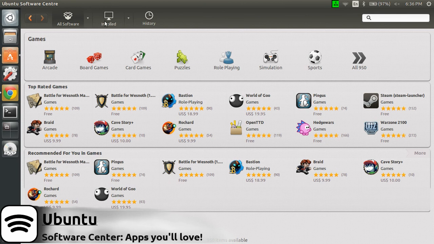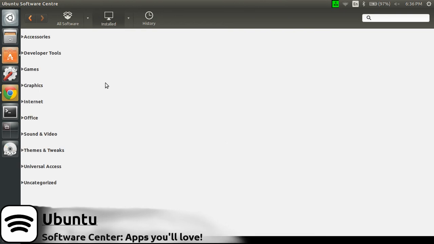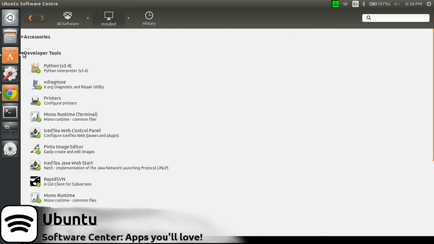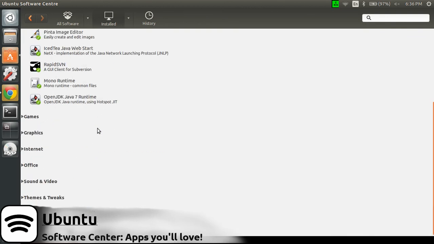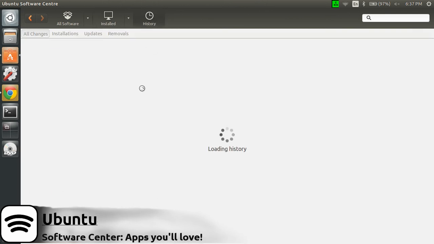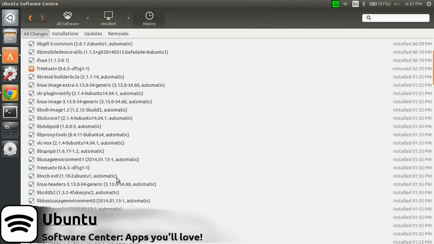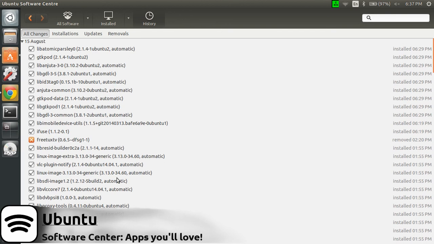You can look also here by looking at what you currently have installed. It will eventually show up. There we go. So like developer tools, what do I have installed? Python, X diagnosis, and you have a lot of stuff in there. And you can also look at the history of what happened in your computer when installing the software. So as you can see, on August 15, those files, those software or libraries were installed on my computer,